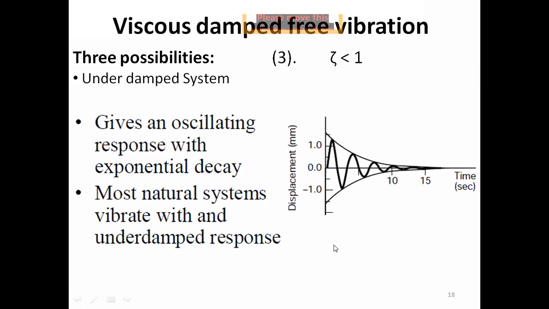As we just discussed, in this case there would be oscillation, there would be vibration, but as outside the parentheses there was an exponential decaying function, the amplitude of the vibration would decrease slowly and gradually, and after some time the vibration would diminish, it would finish. So in this case, if you disturb the system it would vibrate, but with the passage of time the amplitude of vibration would decrease, and after some time the vibration would decay out.